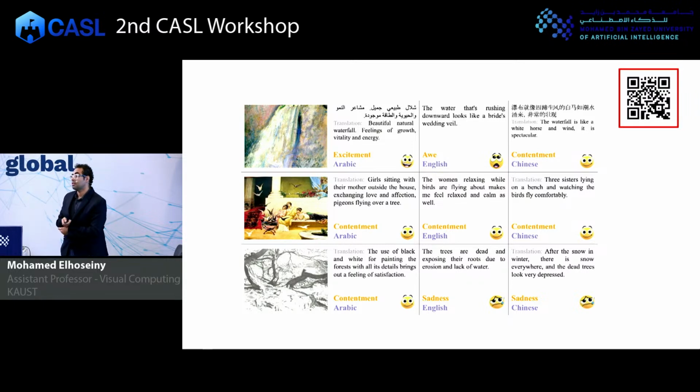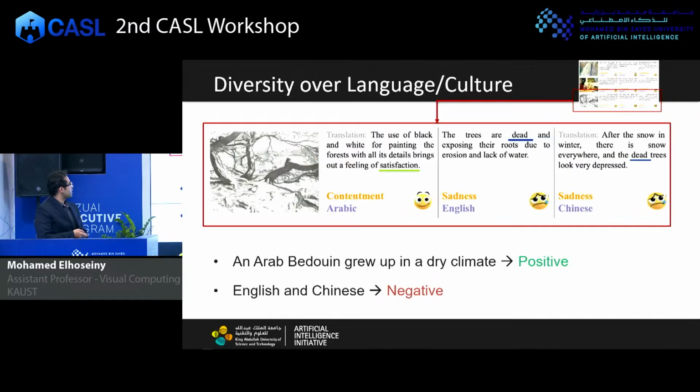All right. So you can see that an interesting thing is that you can understand the cultural differences. Some visual stimuli might enable someone to feel excited, like this image that might be coming from the Bedouin culture and maybe from Arabic culture. This is something satisfying, but maybe not so much for English-speaking culture and Chinese-speaking culture. So Arabic data was mainly collected in Egypt and Saudi Arabia. Chinese data was collected in Beijing. English data mainly in the US and